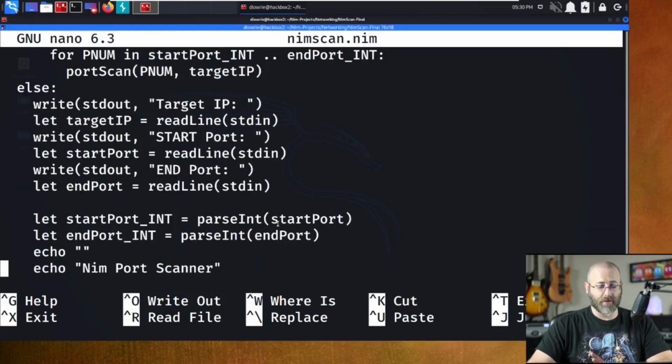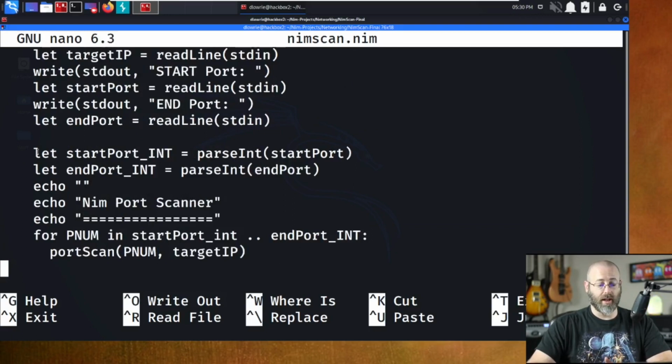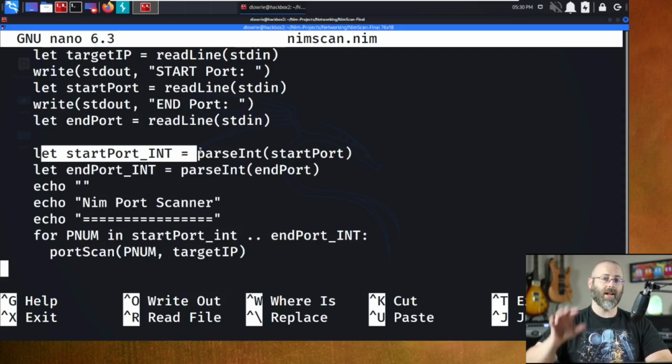So once we have those elements, what I want to do then is take that start port, like all that stuff that we did way up above that we're just taking for granted. Here we have to take it in and then convert it, right? Can't just read it from the line because it's not there. Yeah, so I had to redo the thing again, right? So I'm taking in target IP, start port and end port. They're all strings. Now I've got to convert the right ones, like the start port and end port, into integers,